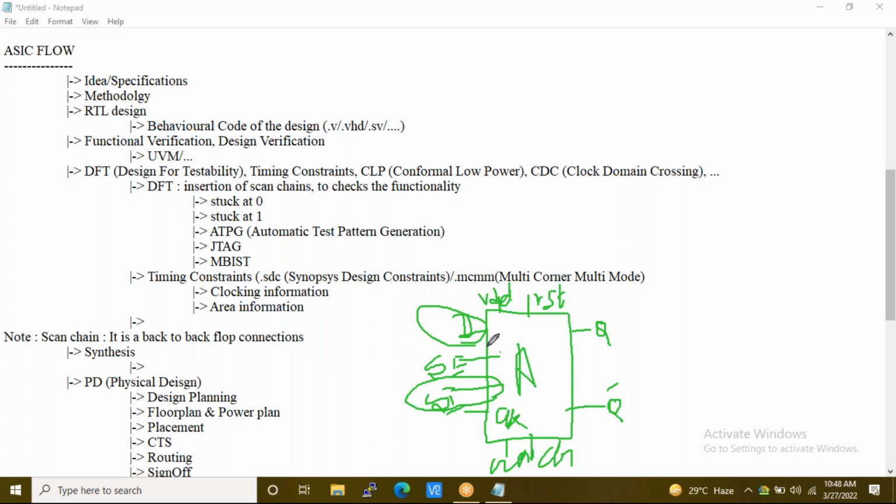Now, moving to the next step. When we talk about the scan chain, the cell is working based on these two pins, scan enable and scan input. Q will be directly connected to the next flop's scan input.